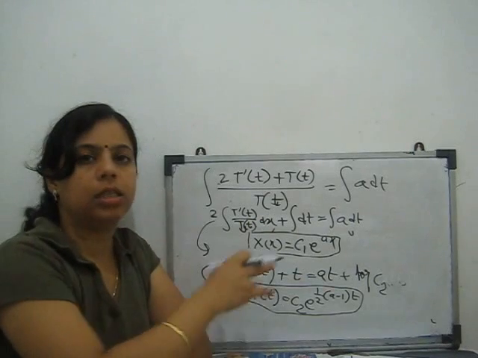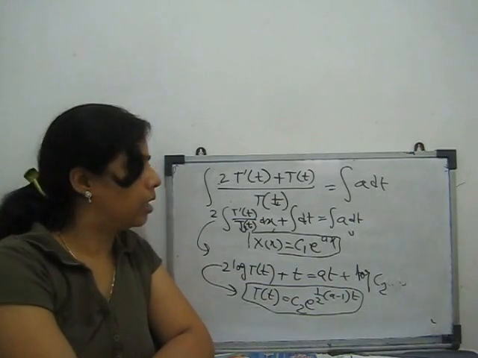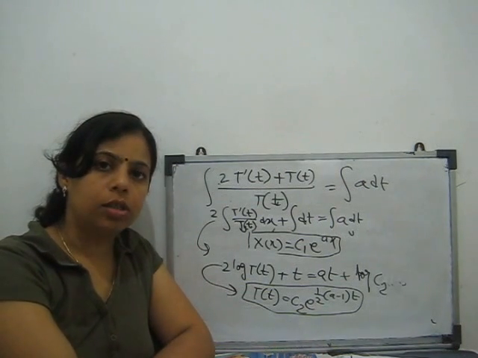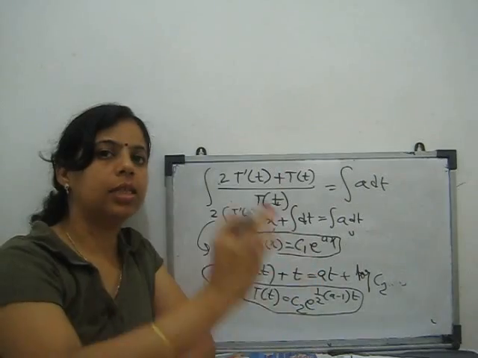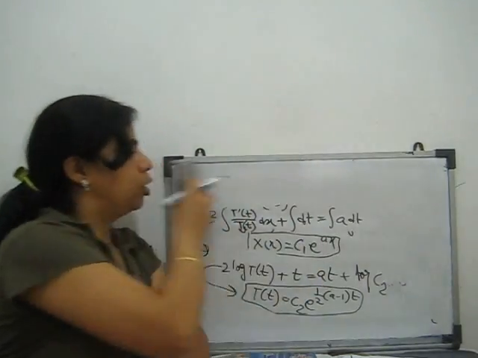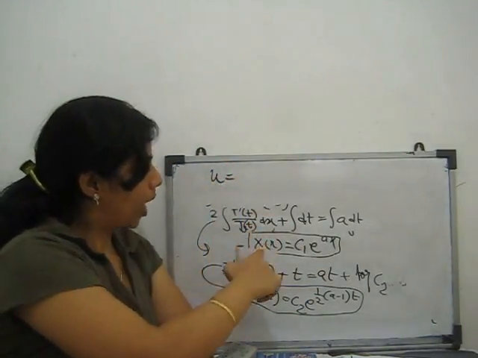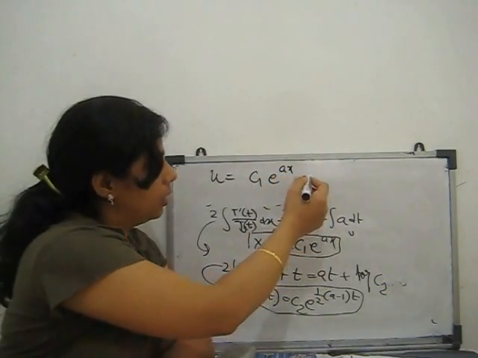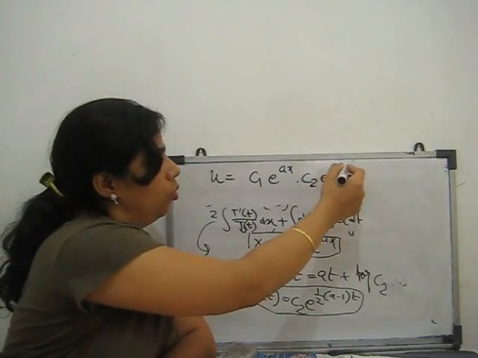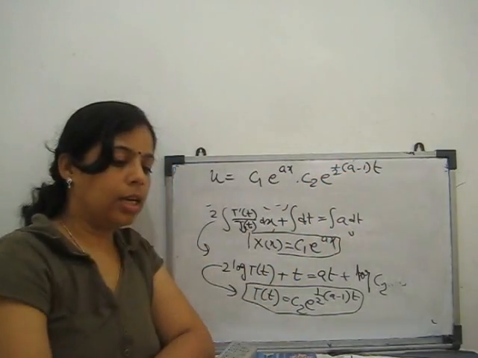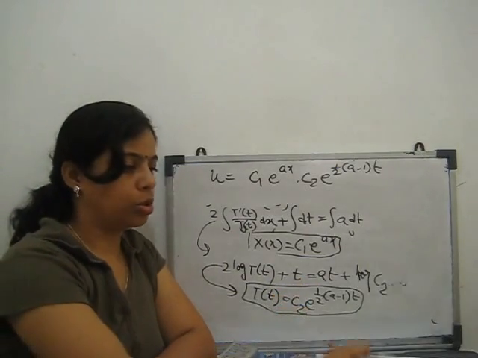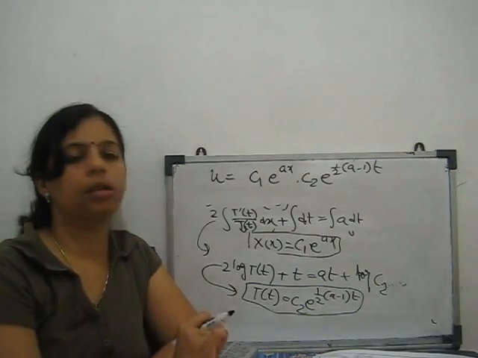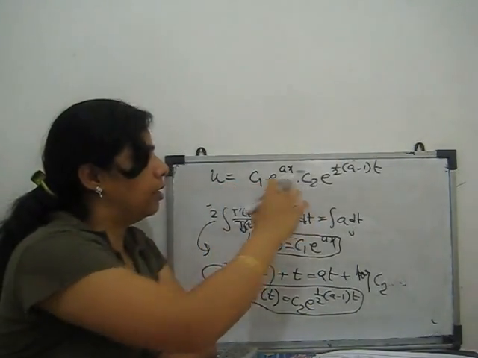Now x is this, t is this. These both values x and t we substitute in our consideration. What we consider? Solution of that equation is u equal to X(x) into T(t). So we can substitute X(x) is c1 e to the power ax, then T(t) is c2 e to the power 1 by 2 a minus 1 t. Clear? So these are our solution of our given equation u(x,t). Next we have to find out the value of these constants c1 c2.